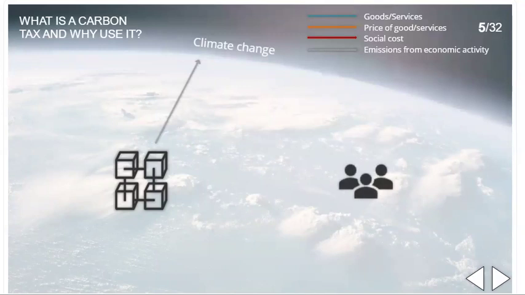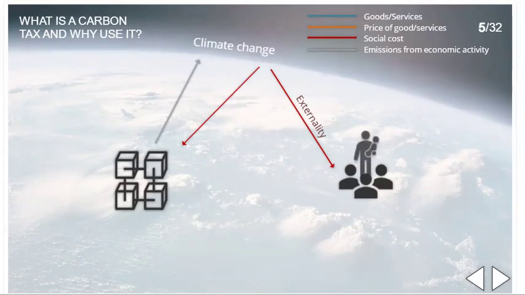The negative effect of market transactions on parties that are not involved in or are external to the transaction is called an externality. Climate change is considered a vast externality. A person who is born today, for example, will have to bear the costs of climate-induced negative effects, such as more frequent tropical storms, even though she is not responsible for the emissions resulting from economic activities before her lifetime.